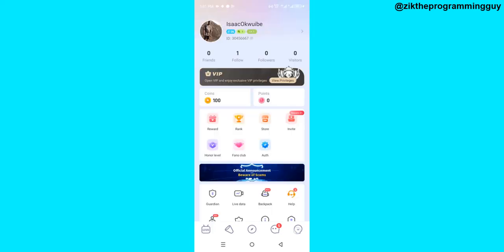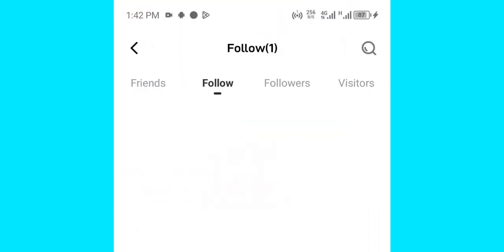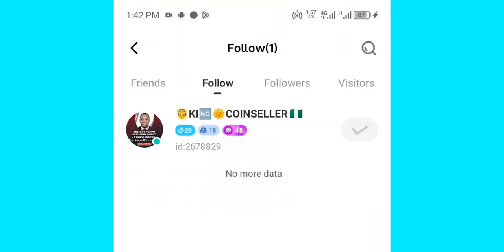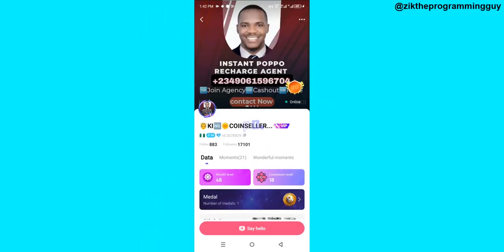All right, so for example, I'm going to do that to somebody who I'm following on Poppo Live. So I have to head to my profile and I'll see this follow option on my profile. I click on that and I'll see this person who I'm following, so I just have to click on the user to head to the user's profile,